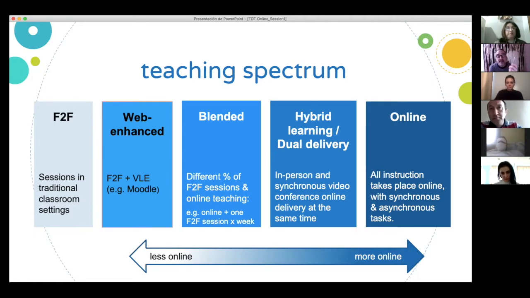Right. You see, there are some degrees. In our university, I did everything online. I mean, from the social sciences, and I had no problem at all, as Hasmik was saying. But in some faculties, they did more of the blended and the hybrid. They did both, although there are differences. And I'm going to talk a little bit about the dual delivery or hybrid learning. The hybrid learning is kind of a difficult one. So in the end, what you did is blended.